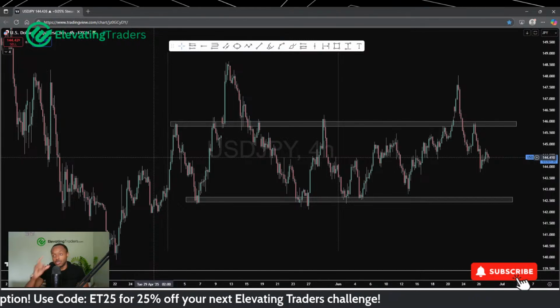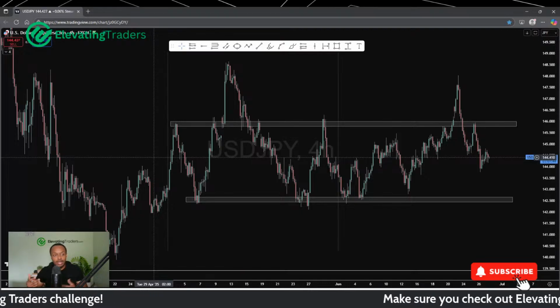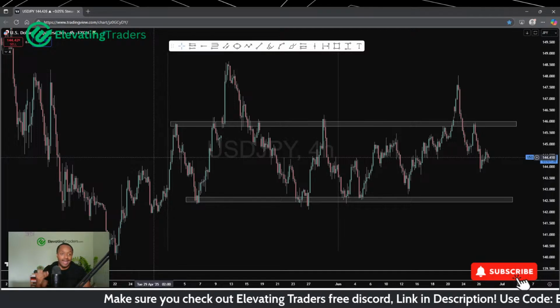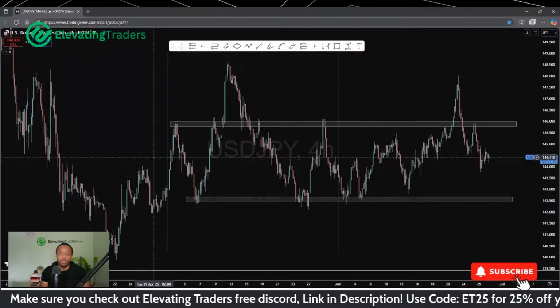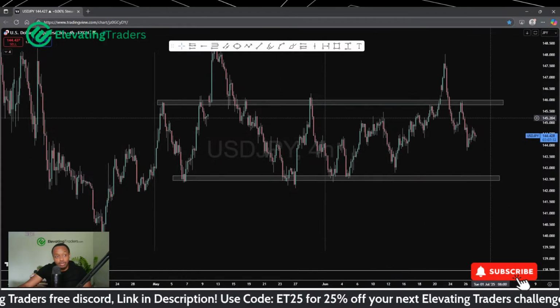And just in terms of stop loss placement, there's no solid area to put your stop loss where you can be relatively safe. There's always that kind of wick that could take you out and still see price move in your favor. So I always want to be at the low or at the high if I'm trading within a range, or of course just wait for the breakouts. But yeah, dollar yen, very, very flat right now.